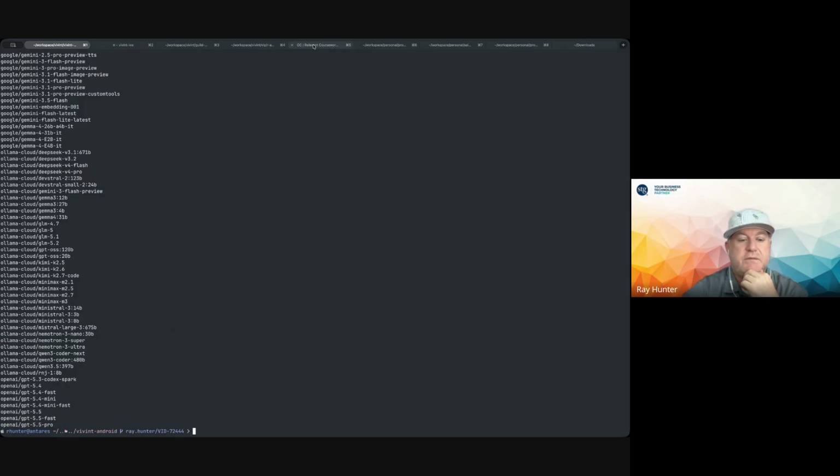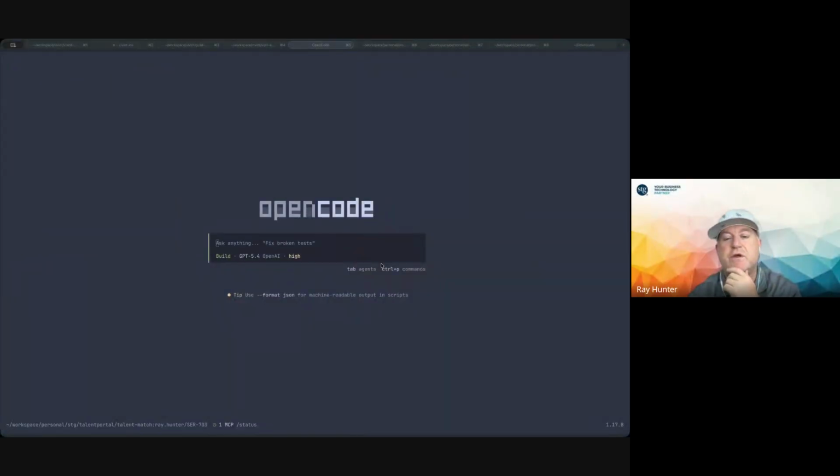Let me jump out of this and let me do a new one and show you when you first start it up. This is exactly what it looks like. You can actually go in and tweak the UI. Sorry, I have to change. Give me one second. I apologize, I switched tabs. Let me jump over to the window. Here we go. Okay, here's when you first load it up.